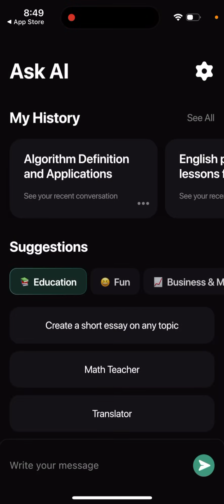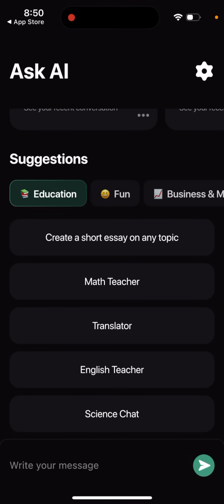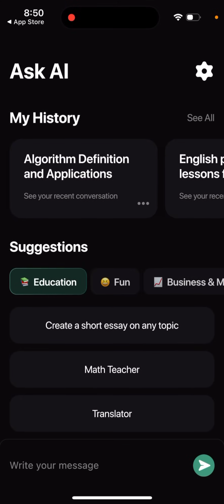So first, OpenAI still doesn't have an original app in the App Store. So there are a bunch of apps which are just using the OpenAI API, and some people just like to use apps instead of going to the Google Chrome browser. So yeah, that's what it is. And then here is just the easy app to use.